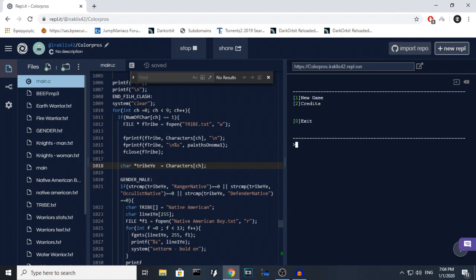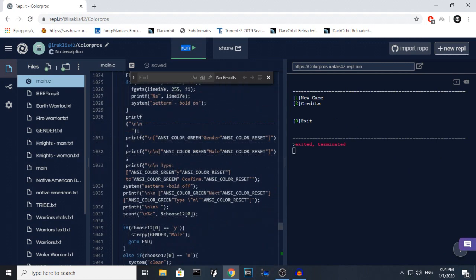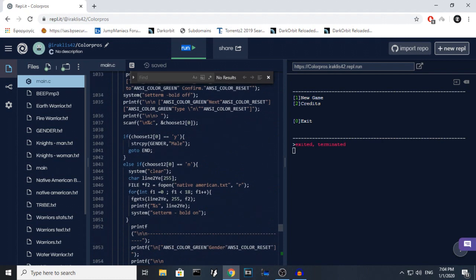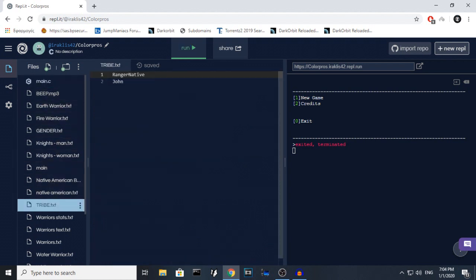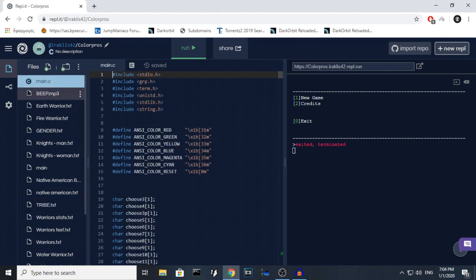This was in the last episode, so you can go and check it out for yourself how to put genders. So we got the name of the player, the ranger, his class, and